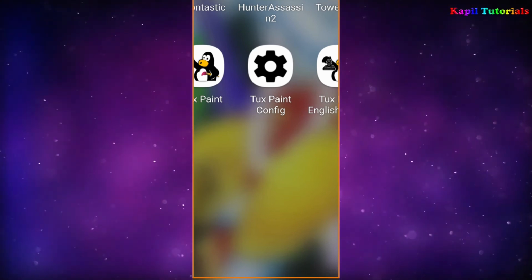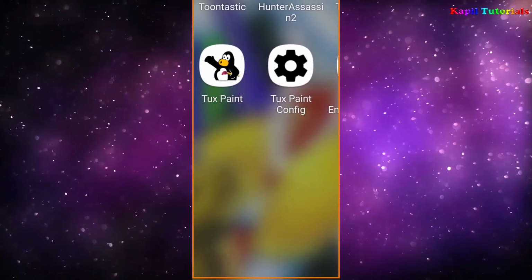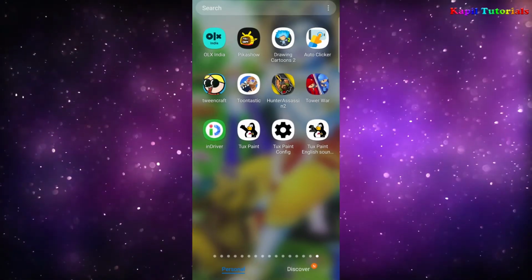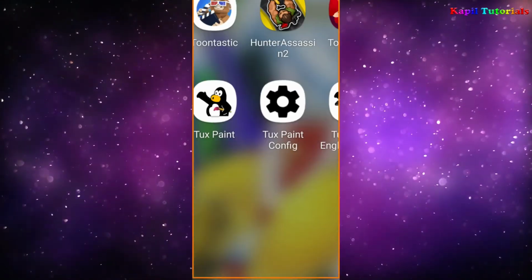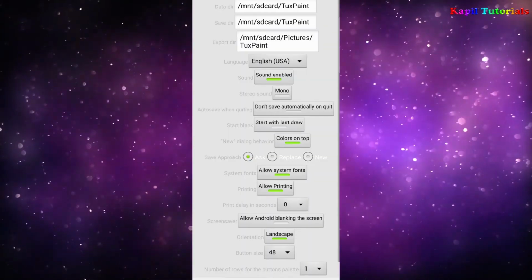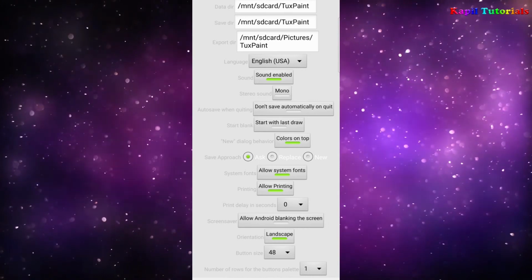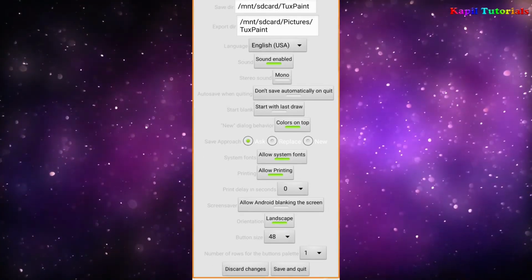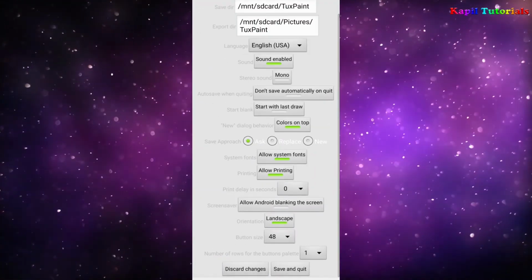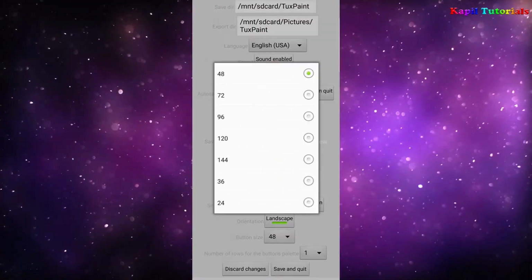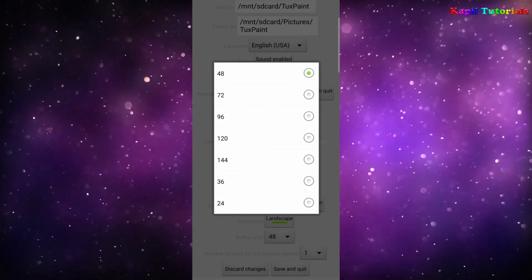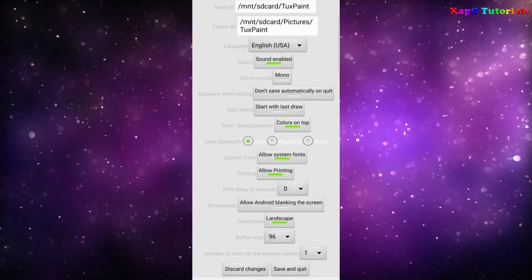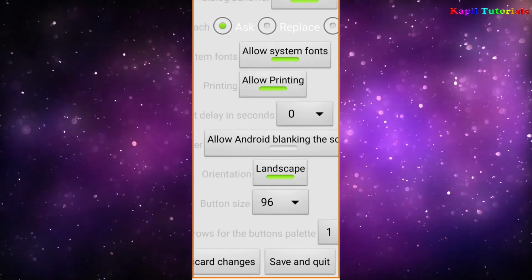You can click upon TuxPaint configuration to change the settings of the icons of TuxPaint. So here you could see different options, and from here you can change the settings, like where it is written 48. You will click upon this option and then I'll change the number from here to 96.